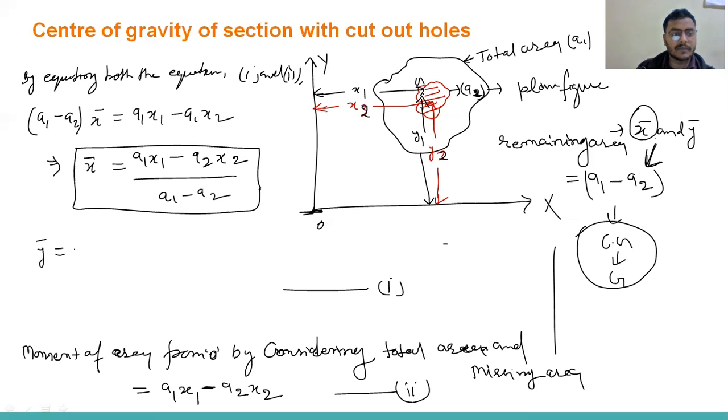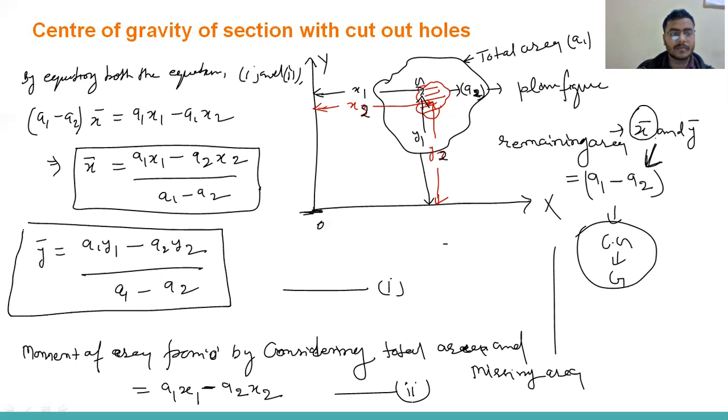That is A1 y1 minus A2 y2 divided by A1 minus A2. So by calculating x bar and y bar for the center of gravity for the cutout holes,